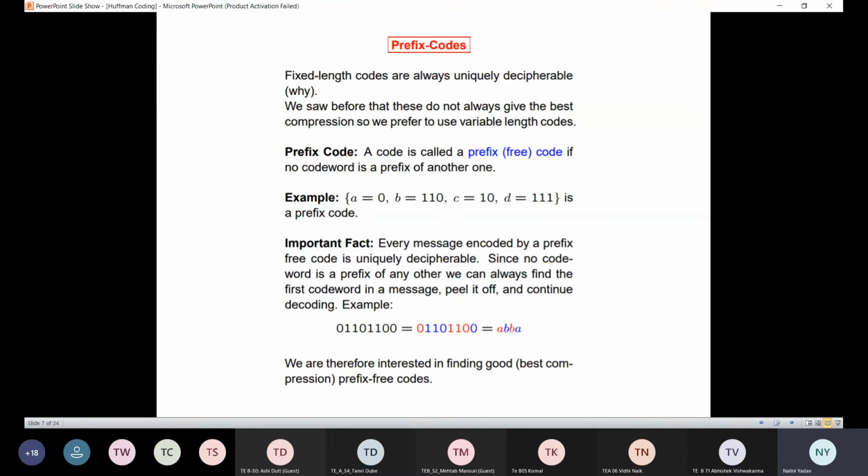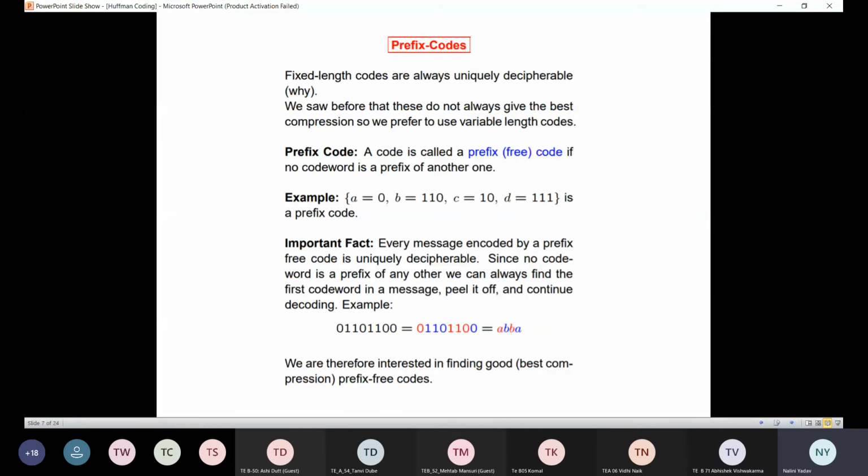No, right? Now when I say is C a prefix of anything, it means does anything start with 10? No. How is B represented? 110. How is D represented? 111, right? So is C a prefix of anything? Does any code start with C? No. So these are all prefix codes.